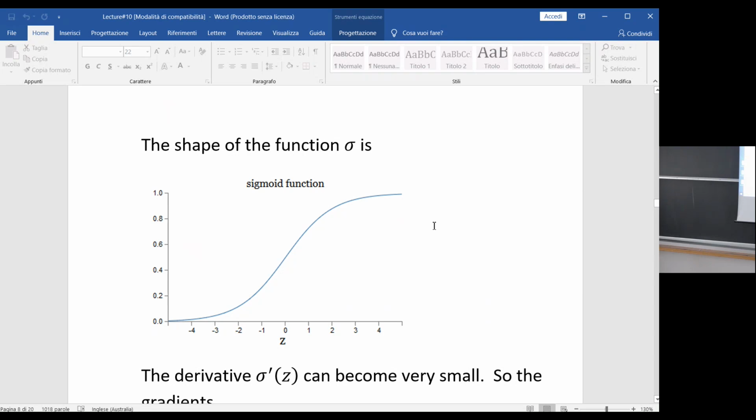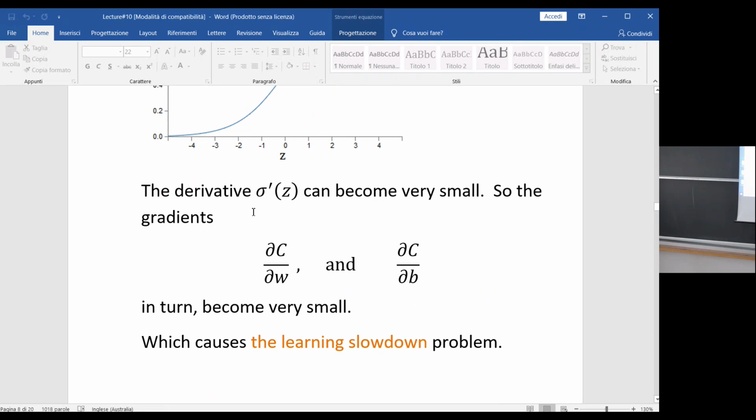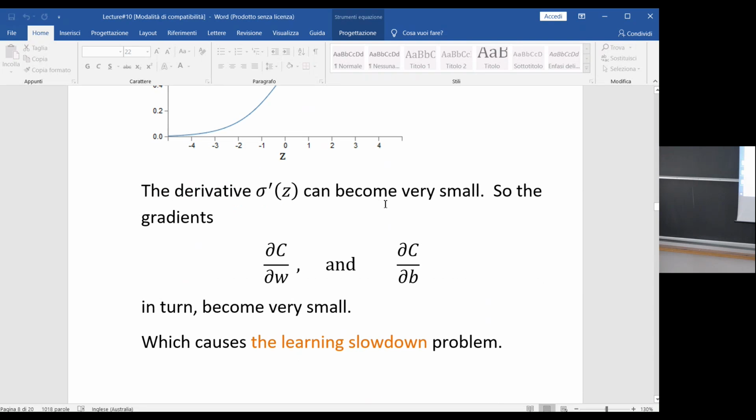That is the motivation why in these special neurons, the network doesn't train at all. When the derivative becomes very small, because our value z belongs to the domain of small derivative,